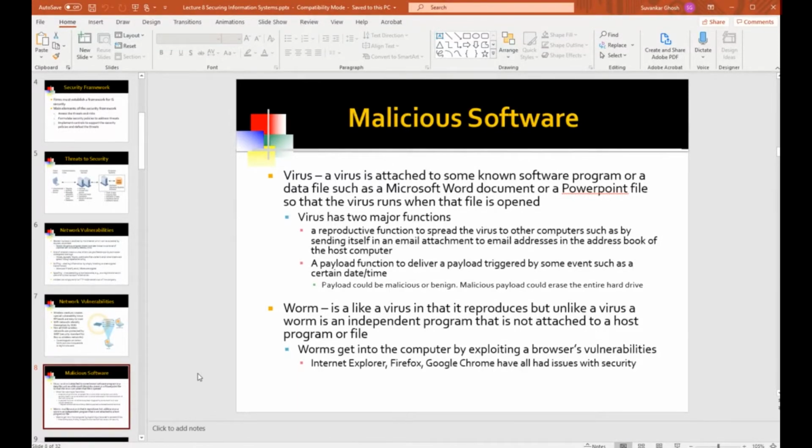But if you've installed the plugin and you don't really know who made it, sometimes the plugin can pretend to be made by a known software vendor, like the Adobe Flash plugin, but it may not be Adobe's Flash plugin that you're actually installing. It could be somebody else's, pretending to be the Adobe Flash plugin, and that could have the worm in it. So the worm gets in through the surfing, where you are surfing web pages,